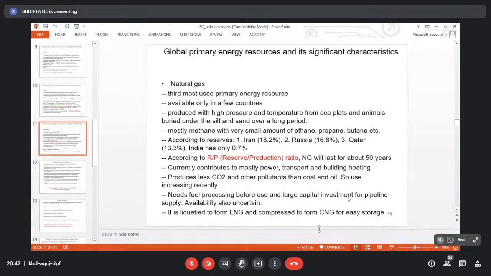Both are produced under the sea level. Both are produced from the biomass part from the sea. It can be animal, it can be plant part. But coal is more from plant origin. Some animal part can also be there, but it is mostly from plant origin and produced under the ground in the land area, not in the sea area. So obviously the composition of gas and oil is closer to each other than to coal. Coal has more carbon content, but both oil and gas have more hydrogen content.